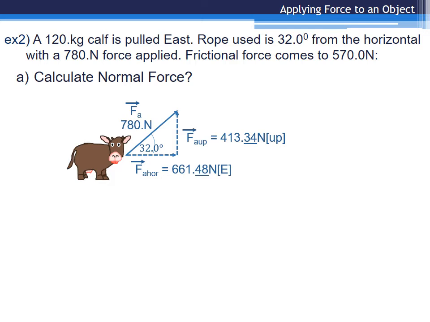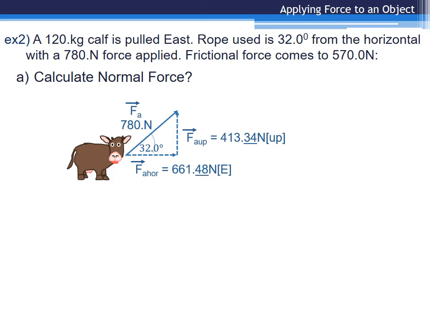That would be force applied in the up direction. And from the 32 degrees, that would be the opposite side. So to solve for force applied in the upward direction, I'd use sine. Again, 780 is my hypotenuse. My angle is 32 degrees. My force applied in the up direction is then